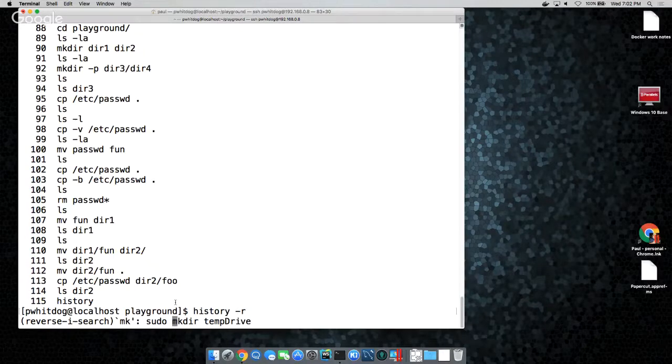It's going to do a search based on the characters you typed in and bring up the most recent one that has those characters in it. So if you're like, what was that move command I did 6 commands ago? I don't want to press up. You just press Control R mv and it'll be like, here's the last move command you did. Great, that's the one I want. Very useful, especially if you're doing a bunch of repetitive commands and then you go, oh yeah, I had this grep like 50 commands ago. What was that? Control R grep, tab, and you're back in business.